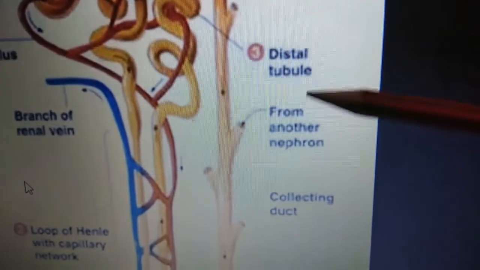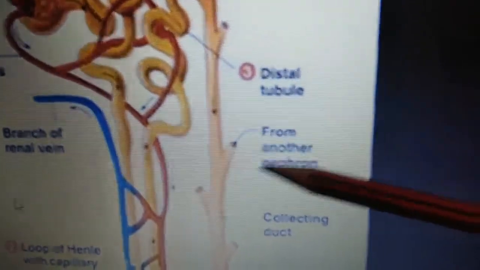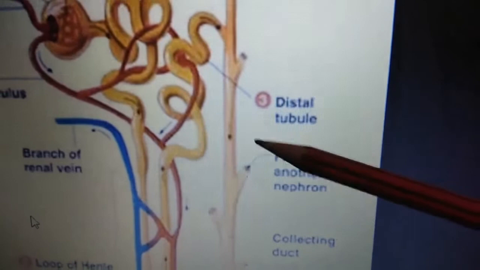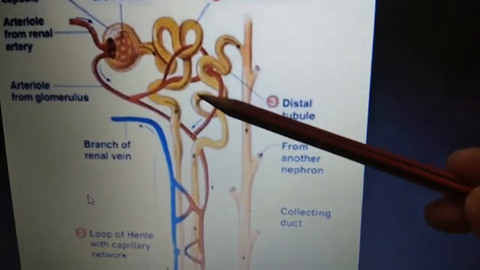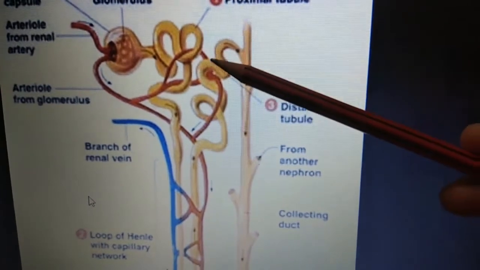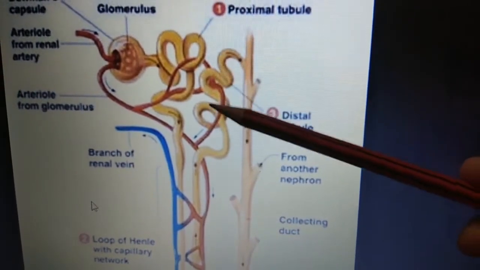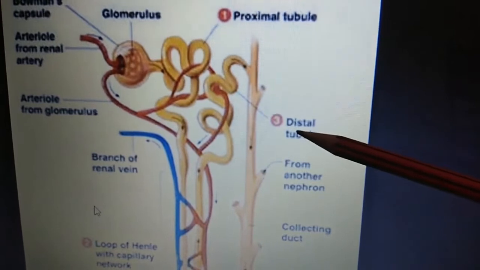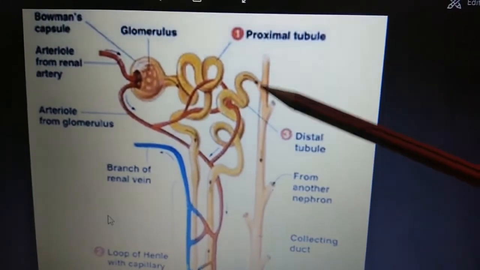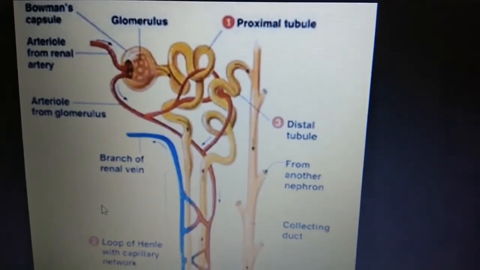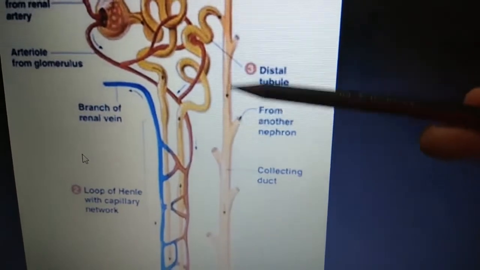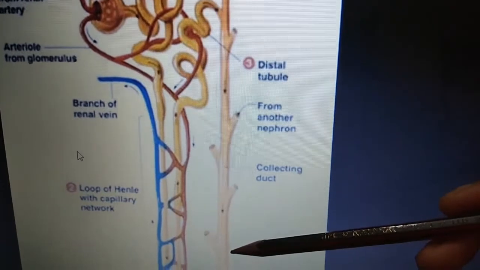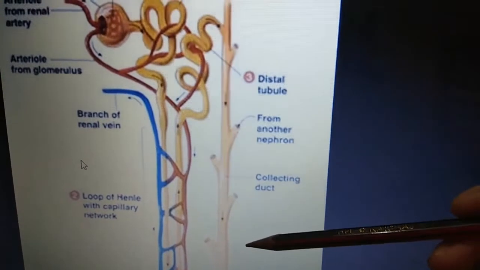The distal tubule regulates the ADH hormone to reabsorb water. Through the process of osmosis, the ions and electrolytes are absorbed by the distal tubule, and the distal tubule opens into the collecting duct. This collecting duct reabsorbs solute and water from the filtrate.